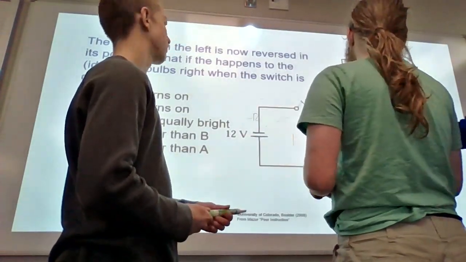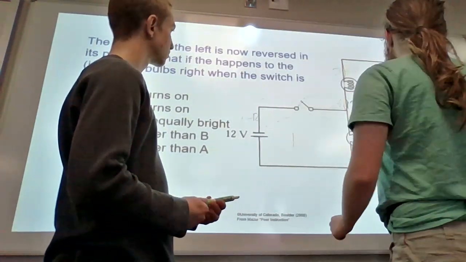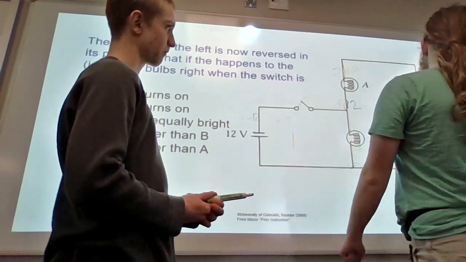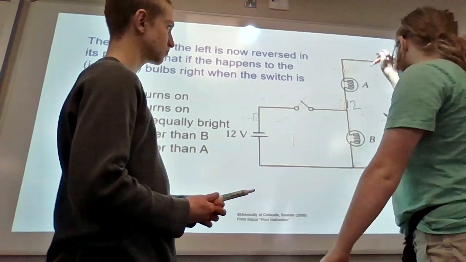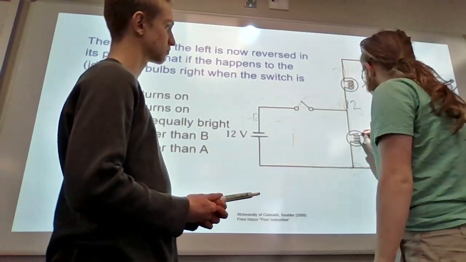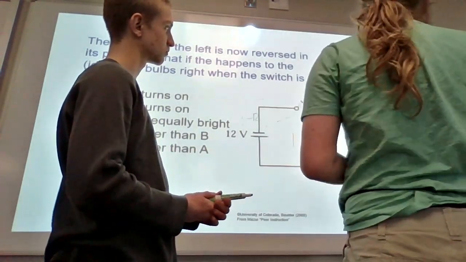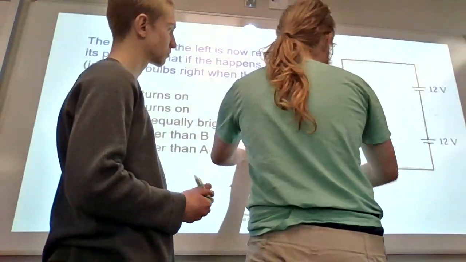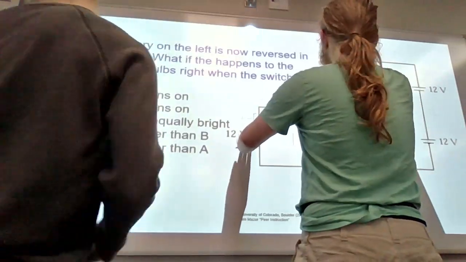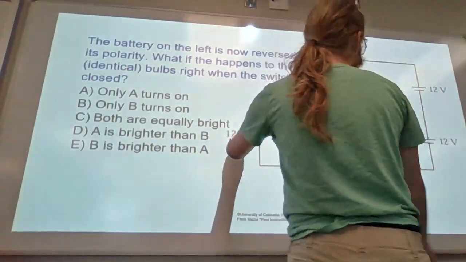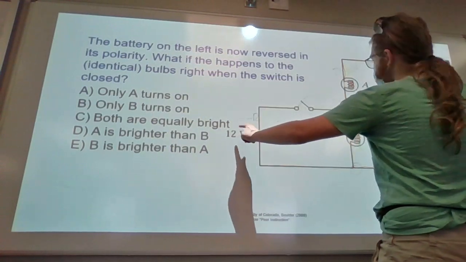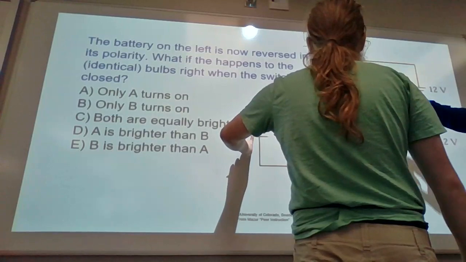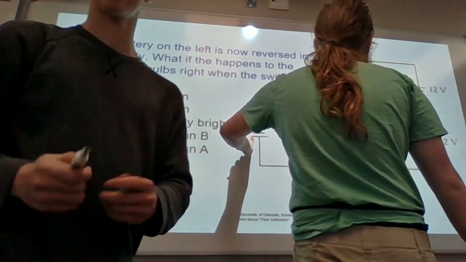I don't just look at it and know. I don't remember the answer to this. I'm gonna have to walk through it myself. So I just pick a spot, and then from this loop, this marker's dead, I'm gonna toss it. 12 volts. Okay, sure, so this is 0. All right, here we go.